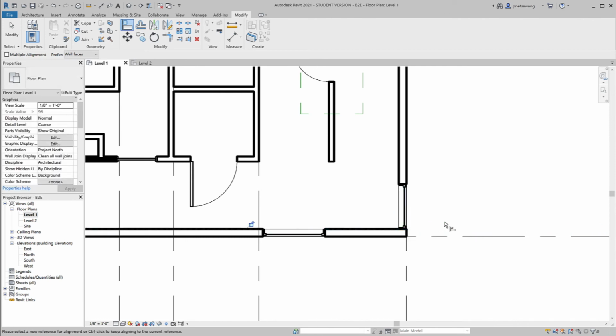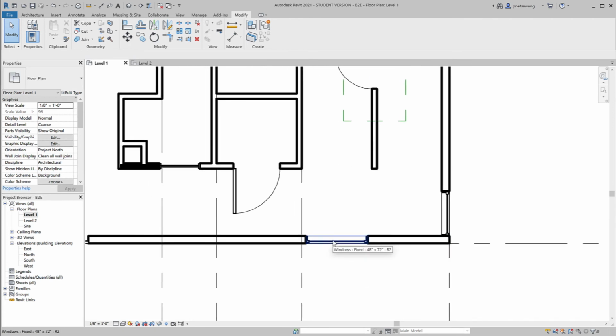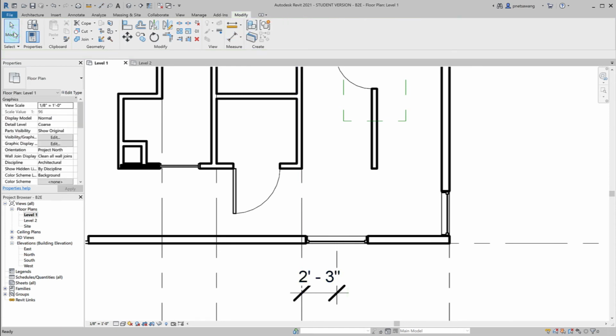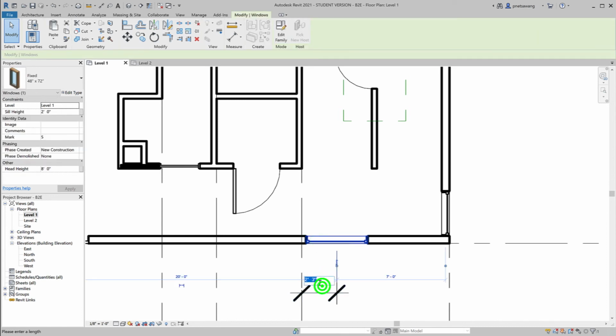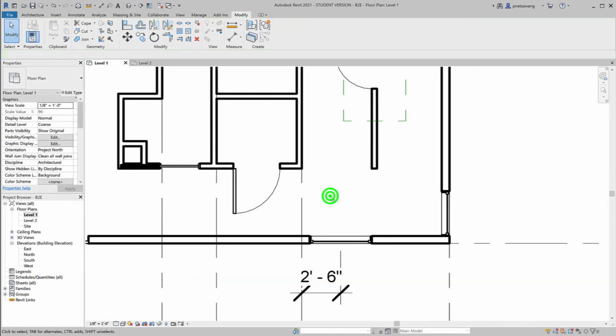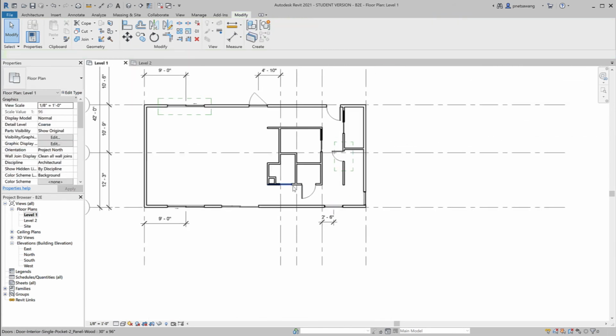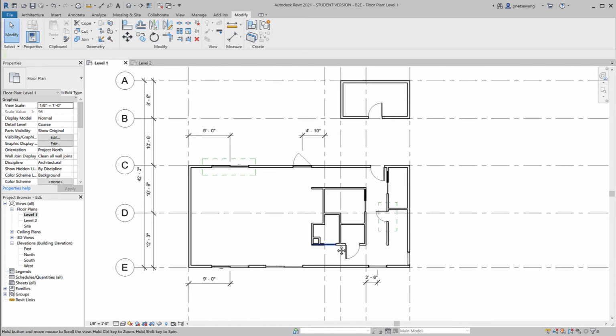For the last window, this one is going to be 2 feet 6 inches from the grid line. So we're going to use permanent dimension. We're going to select the grid, then center of the window, confirm the location, click modify to get out from the current command, then select the object that we want to move and change this dimension to 2.6. Let's zoom out to see what we have. Looks like we're done with this floor. We're now ready to move on to the second